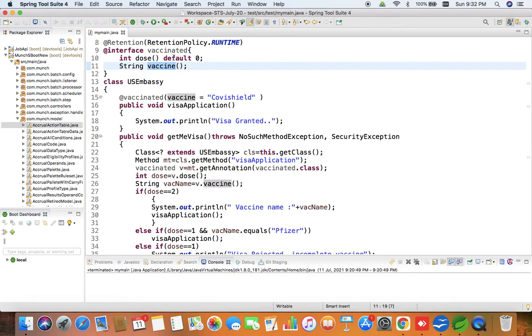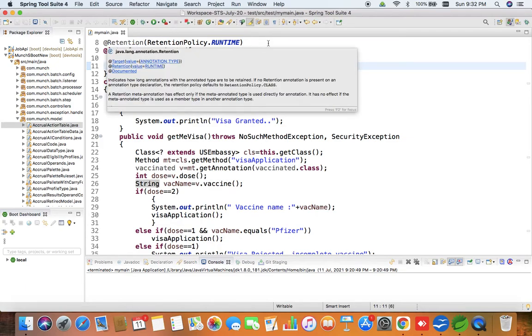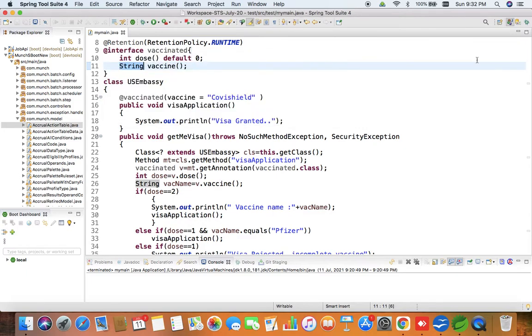Dose has a default value of 0, meaning dose is an optional attribute, but vaccine is mandatory because it doesn't have any default value, and it is of string type. Obviously I have used the runtime retention policy because I want it to be available during execution, so that the Java runtime environment can use this Vaccinated annotation.